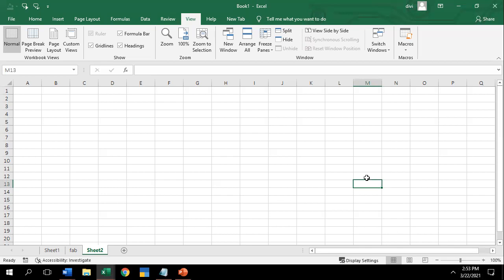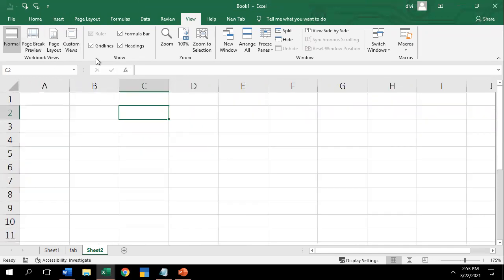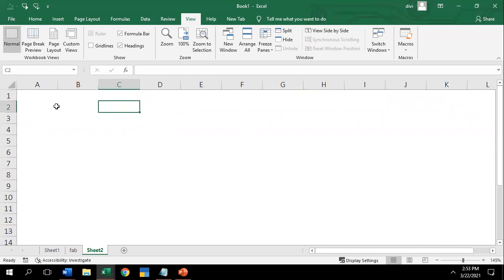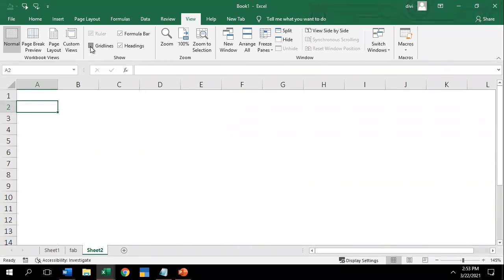Okay, we'll continue. So we can customize the number of sheets, whatever you want, and we can show it. Then we have a show button. If I don't want the grid lines, I can deactivate them. After you complete your data entry, you can hide the grid lines, or if you want, you can activate them. As for the formula bar, if you don't want it, you can hide it. As for headings, there is a row and column header. If you don't want it, you can hide it. So like this, you can hide these when you're completing it.